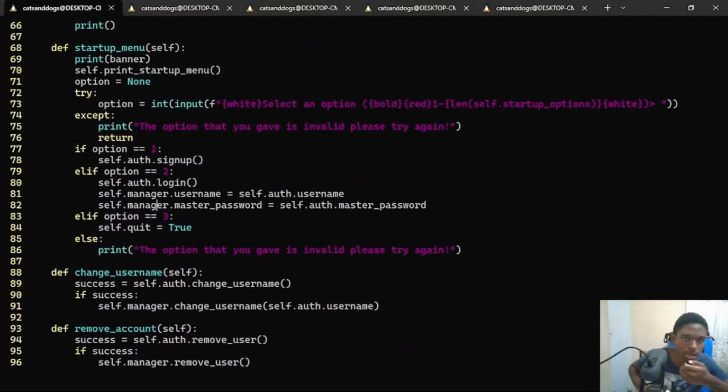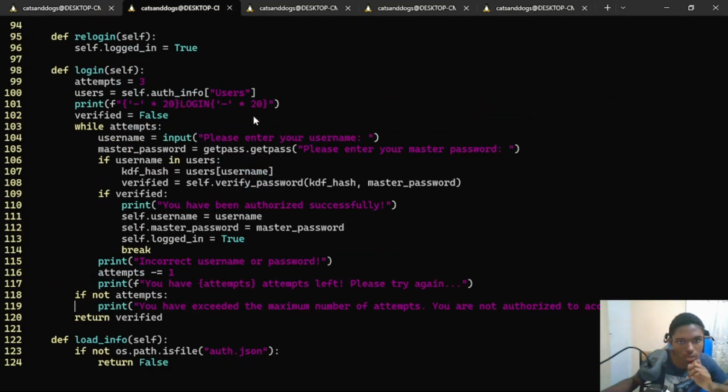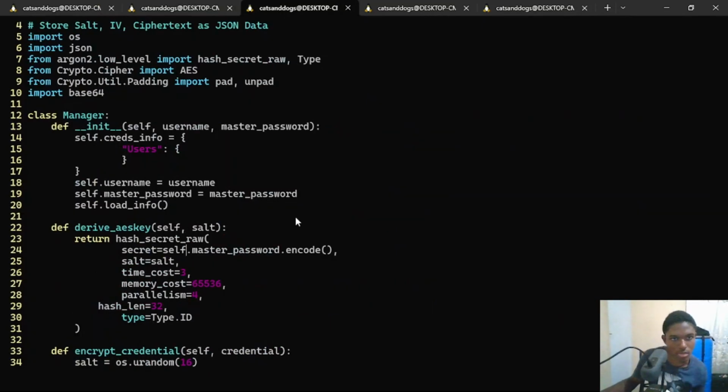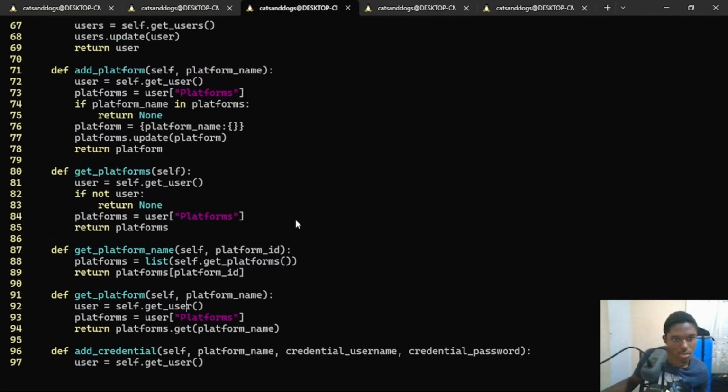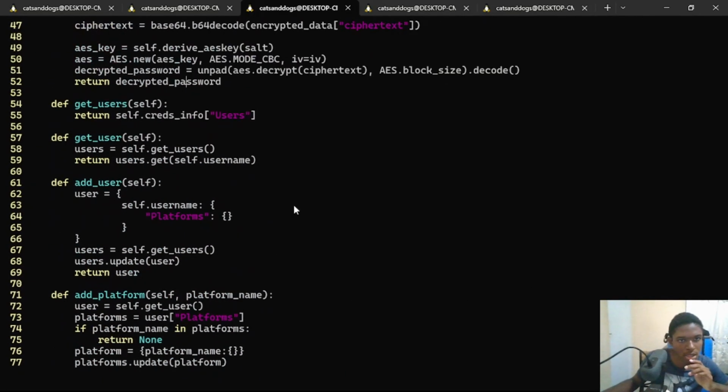Yes, self.manager.master_password equals self.auth.master_password. Okay. So when we add a user,